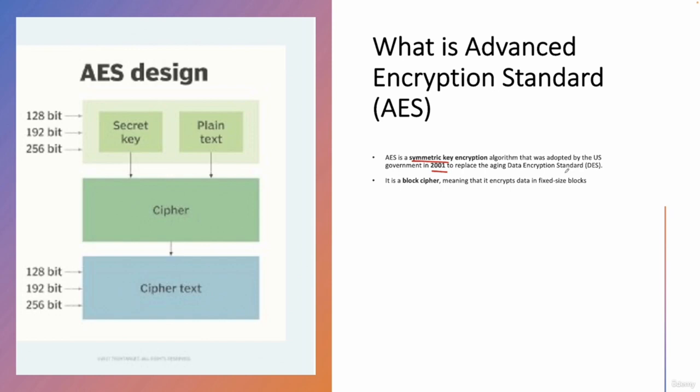Now, just like DES, it is a block cipher. A block cipher encrypts the data in blocks. For example, a 128-bit block cipher will take 128 bits of plain text and encrypt it into 128 bits of ciphertext. It uses several combinations, with a 128-bit, 192-bit, or 256-bit key. The main thing is it uses several combinations of secret key and plain